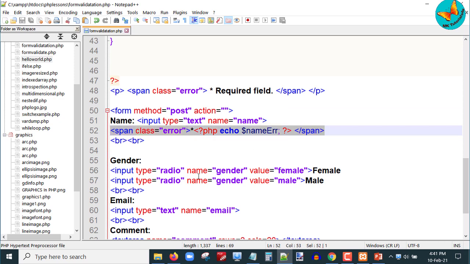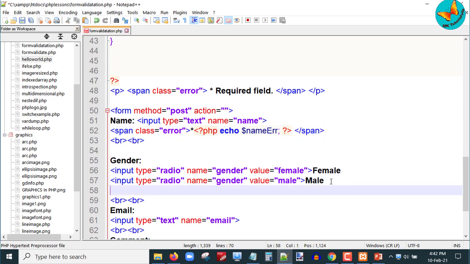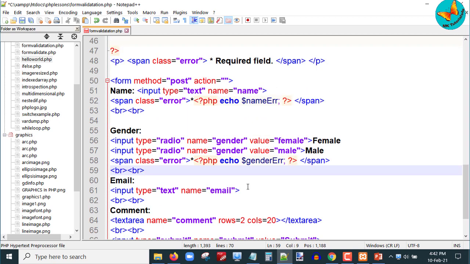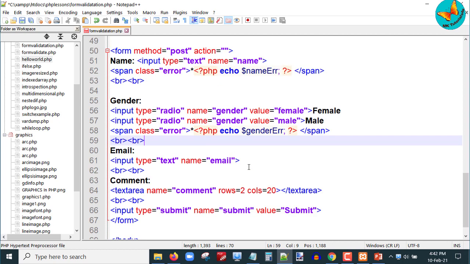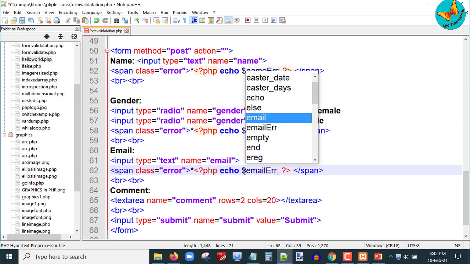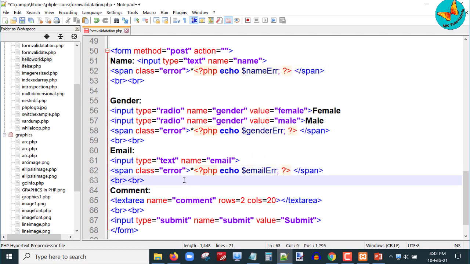So after I have inputted the gender male, I'll just again write here span class is equal to error, star, then PHP echo gender error, span. Then again for email, I'll repeat this: span class is equal to error, star, PHP echo email error, close the span tag.